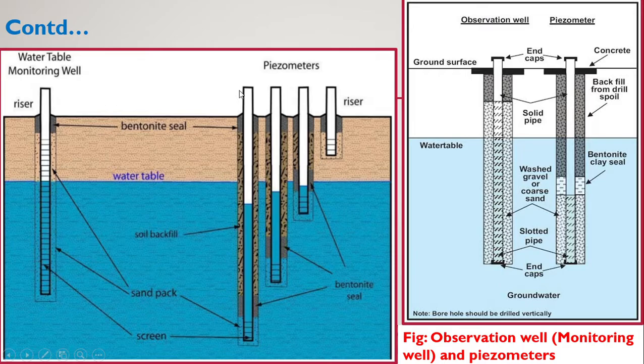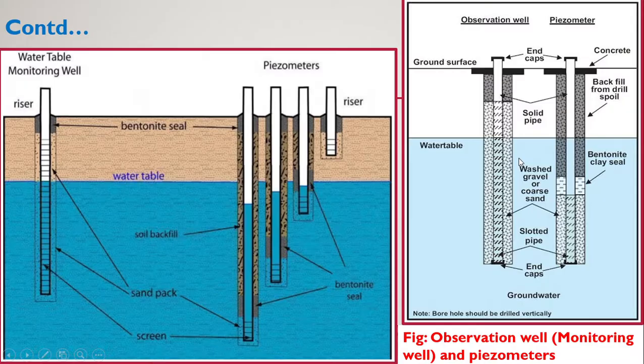Here there are a number of piezometers which are inserted at different depths. So the water level in the piezometers will vary in this condition. If the water level is varying, and the water level in the lower piezometer is lower, we can say that there is a movement of water in this direction. So in piezometers, the water will be entering from the downward position only. Here also there is another picture of an observation well and piezometer. You can check that.